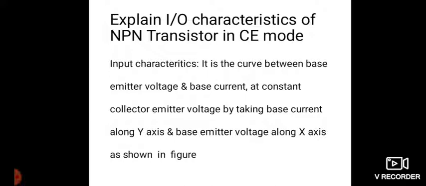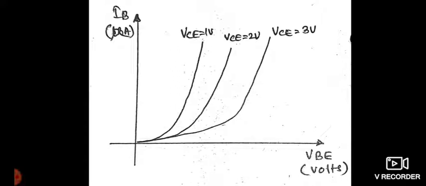Input characteristics: it is the curve between base emitter voltage and base current at constant collector emitter voltage, by taking base current along the y axis and base emitter voltage along the x axis as shown in the figure. So, VBE is along the x axis, IB is along the y axis, and VCE is kept constant at different voltages. For different VCE, the knee voltage of the junction changes,